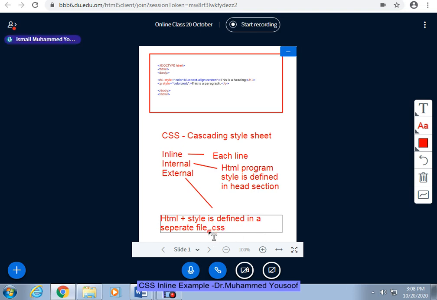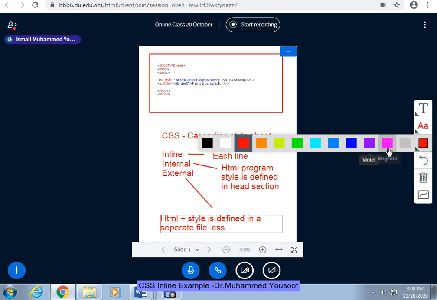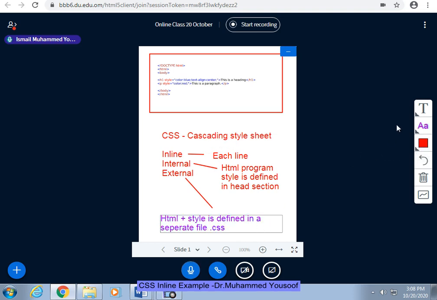So I will create one HTML file and one CSS file, and I will link this CSS file to this HTML file. This is what I am going to do in the third method.